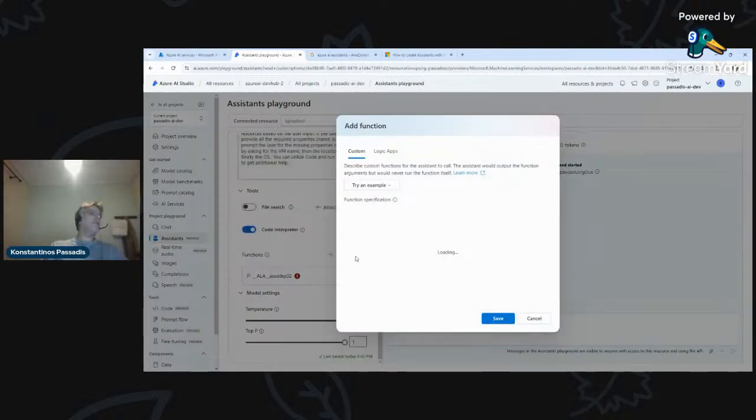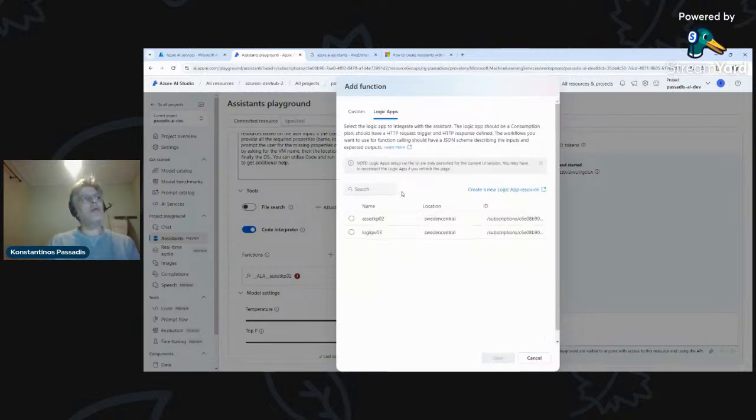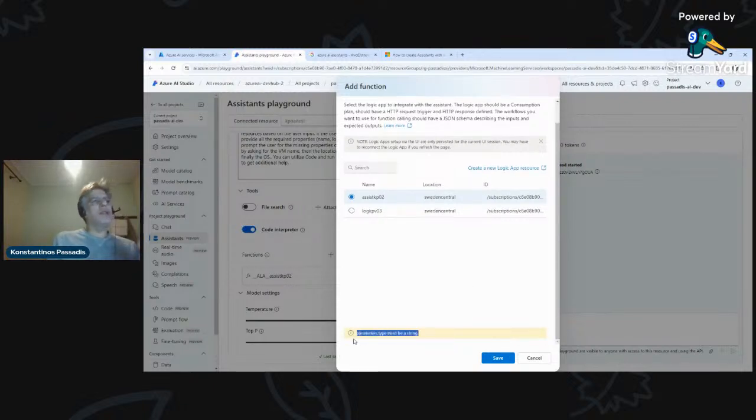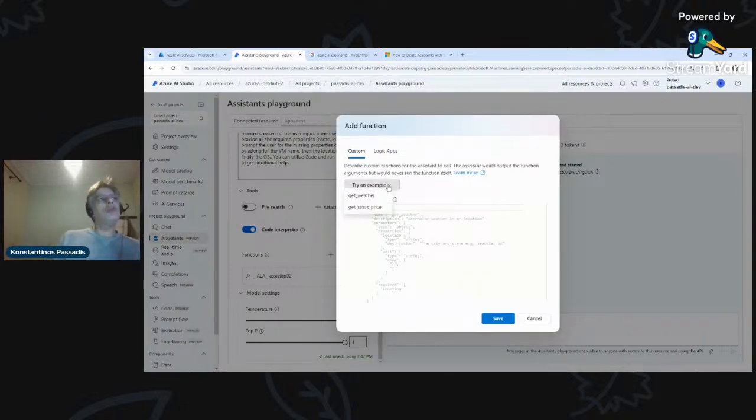So if we go to add a function here, we have two examples. The first example is get weather, and the other example is get stock price. These examples, however, are giving us the schema that we need to create into our own function. So let's go to the logic app selection. Now, be careful here. If I select my pre-existing logic app, which I'm going to show you, of course, and press save, I will get this message. And this is number one annoyance. Okay, number one annoying thing that we are getting. I'm not trying to troubleshoot this, so I'm canceling it